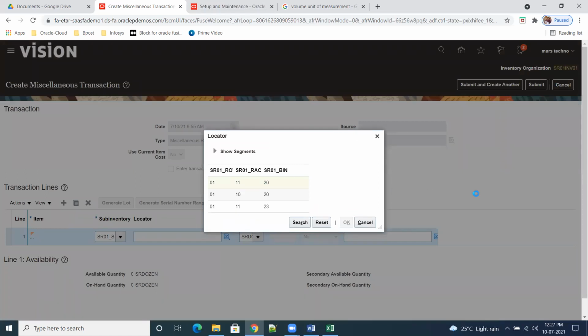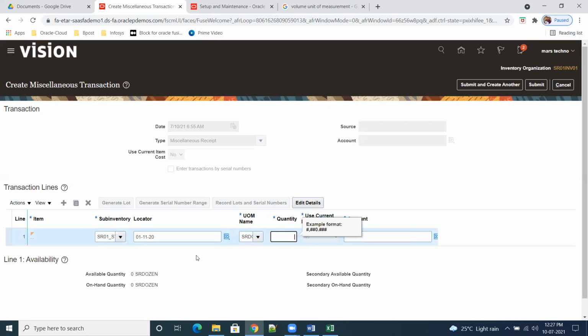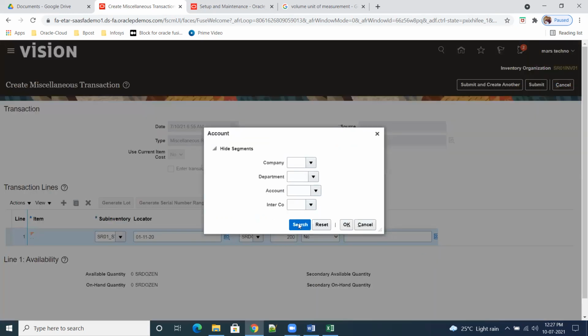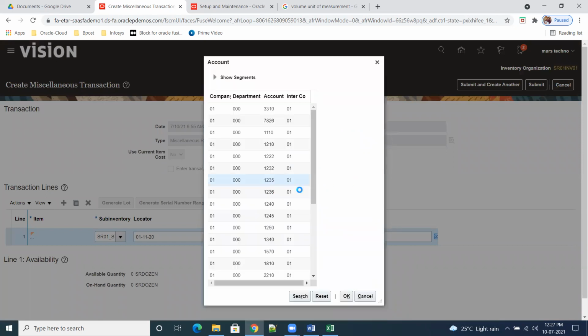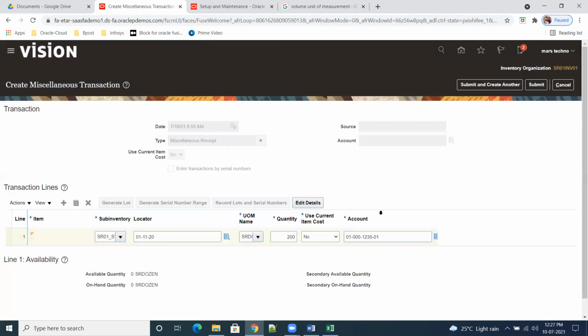Now the system will allow us to enter the quantity. This quantity they are going to keep in this locator, like a bin. And the account will come from COA. These also we can default, that we'll see in upcoming classes.